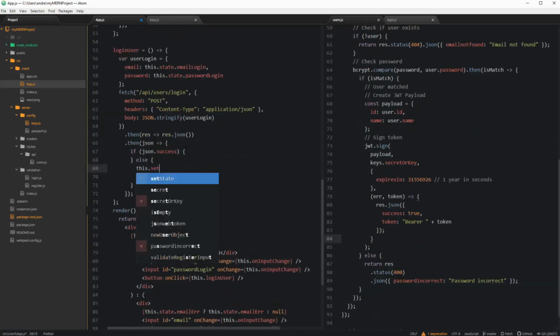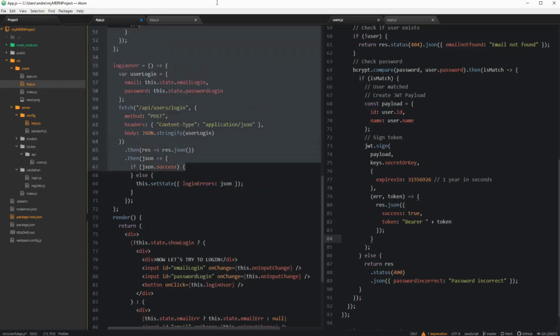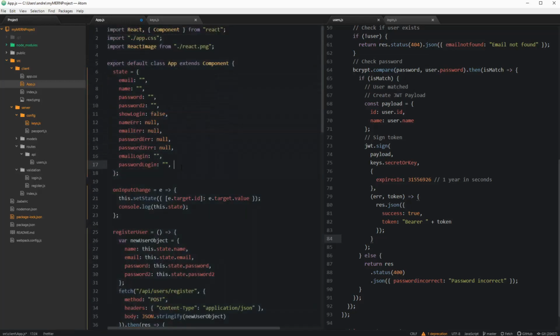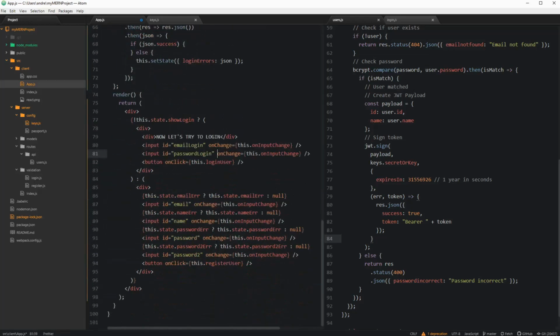We're going to do this smarter this time. We're just going to do this.setState. Let's make a new state called like login errors. And then we're going to set it to JSON.loginErrors, which is at first going to be just an empty array. And then right here,